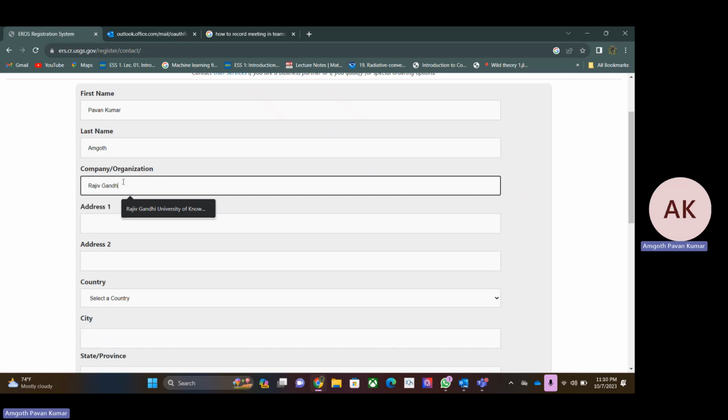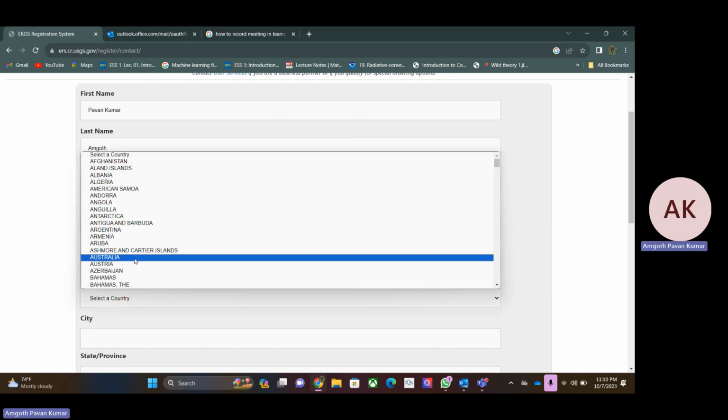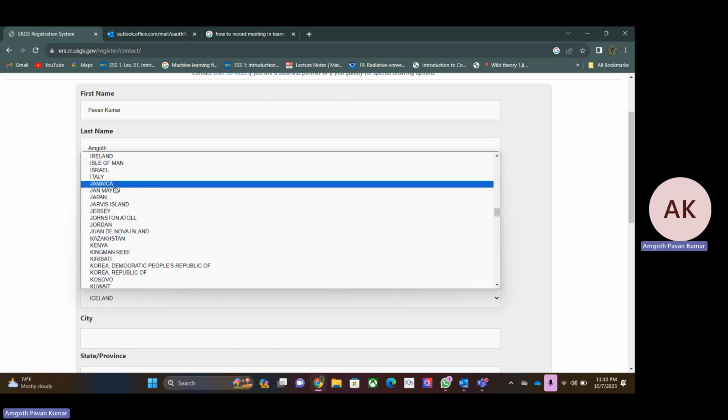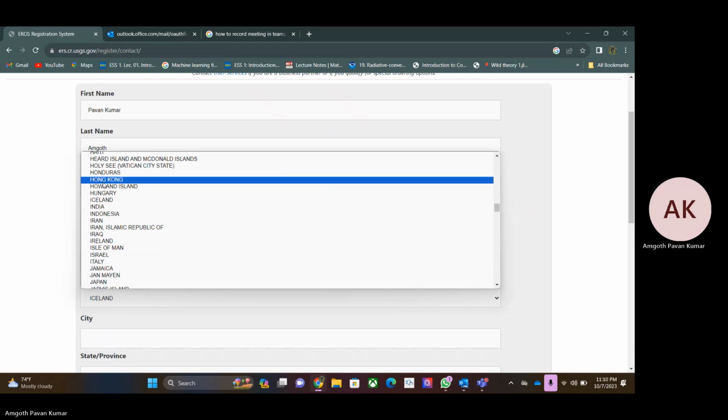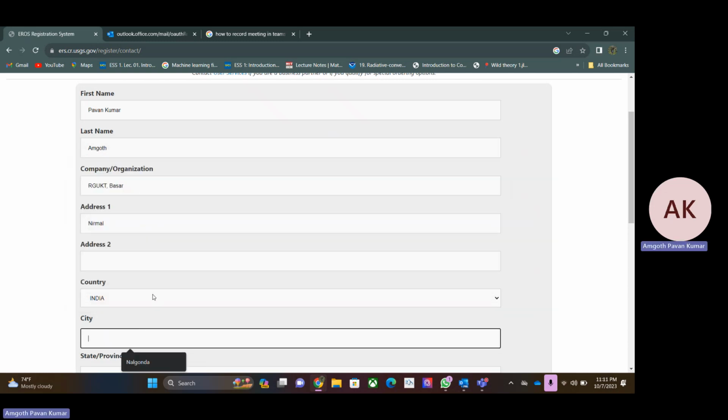Then you will also get the address, so you just give the address. The country will be India. City is